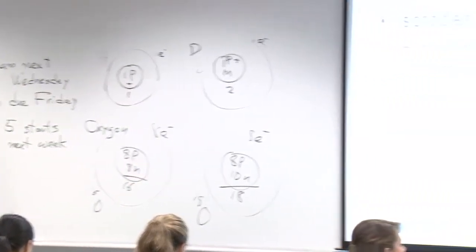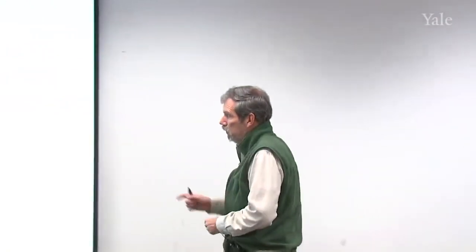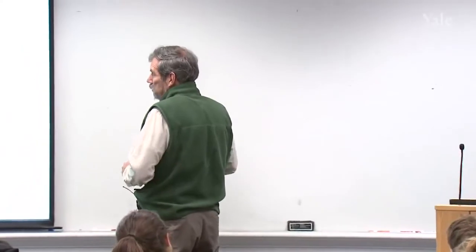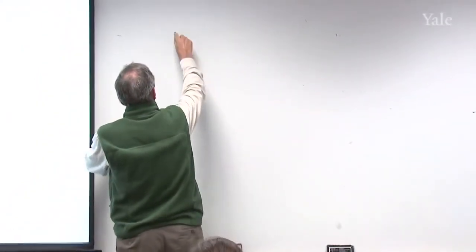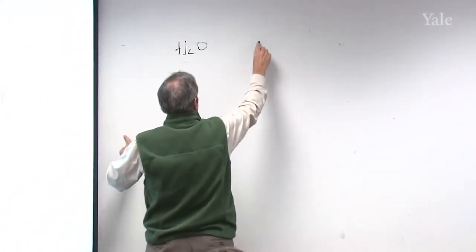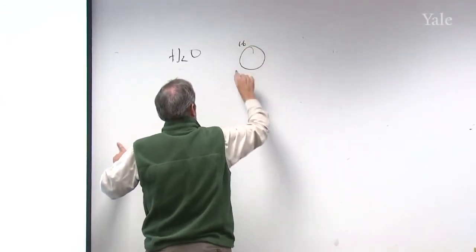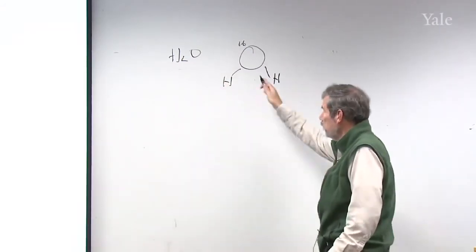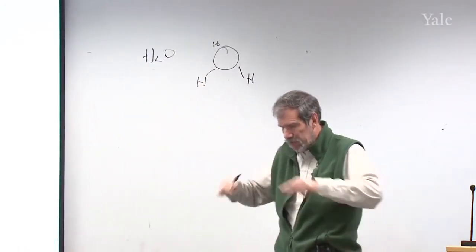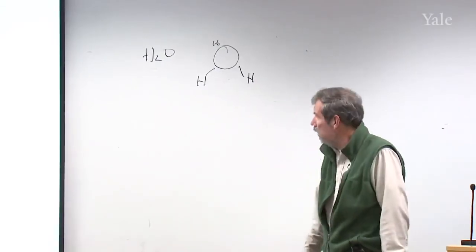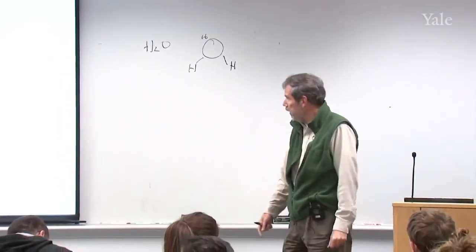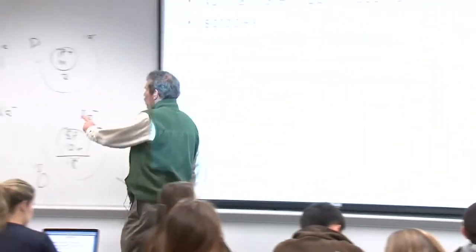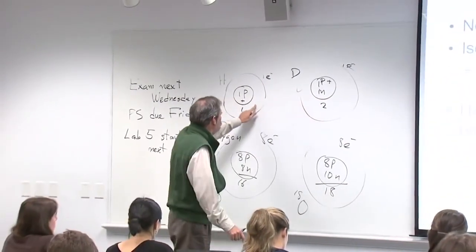Now we're interested in water. So the question is, what water molecules can we make from these isotopes? And by far the most common would be normal H2O, which would have oxygen 16 plus 2 hydrogens coming off it. Water vapor has a dihedral shape. It's not a linear molecule. The hydrogens droop off it at an angle. That's by far the most common, because this is much more common than that by a factor of